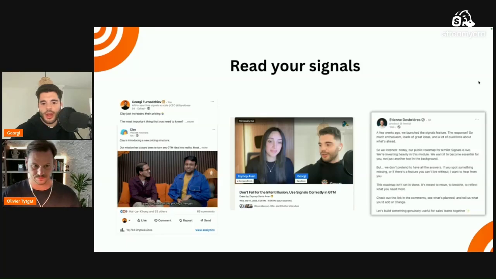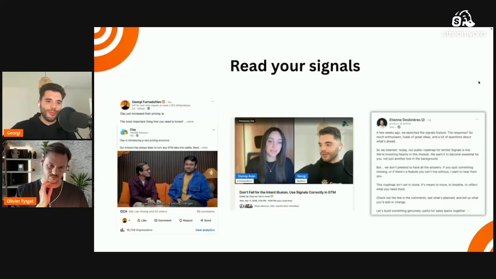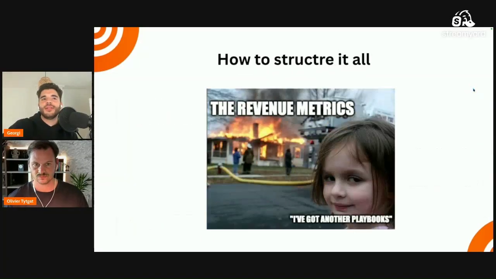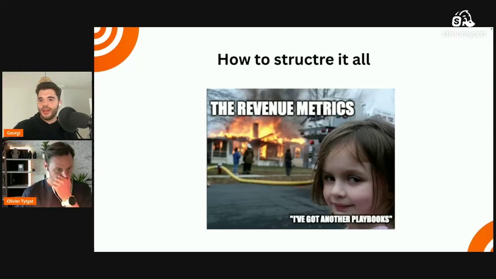And lastly, we do have the killer, the custom signals, which in this case, I managed to dig in a post about the product roadmap from Lemlist, because in case you guys don't know, with Signalbase, we do feed other vendors with our live data. Now, that being said, it's very important to know how to structure absolutely everything and to not be ignorant of what is going on in the landscape, because go-to-market, and doing signal-based go-to-market, is so much more than blasting emails.